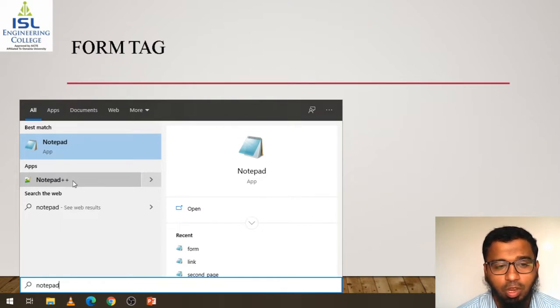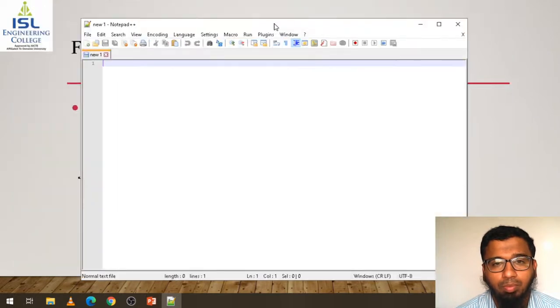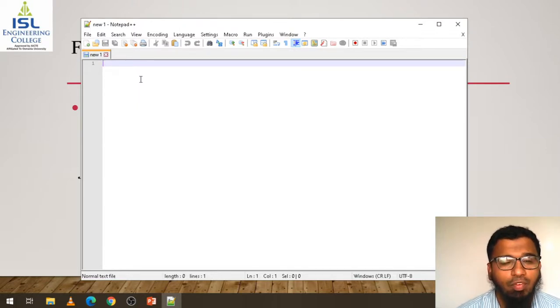When I open it, you get the same as Notepad, but here you will find many options: file, edit, search. So what is the use of Notepad++, and how is it different from Notepad?